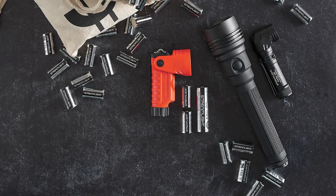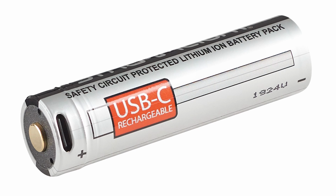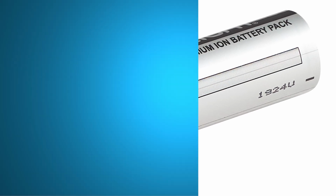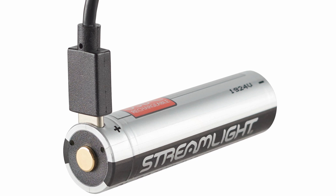Typically, a pair of CR123 batteries costs somewhere between $10 to $12. And every time the user opens the battery door to replace those batteries, you incur that cost. So that's where our SL-B26 battery really comes into play, allowing you to reduce that operational cost to zero cost, and having the same ability to insert a rechargeable battery stick and use that in the same platform that you